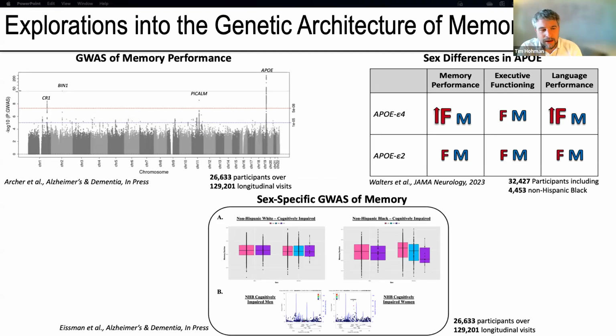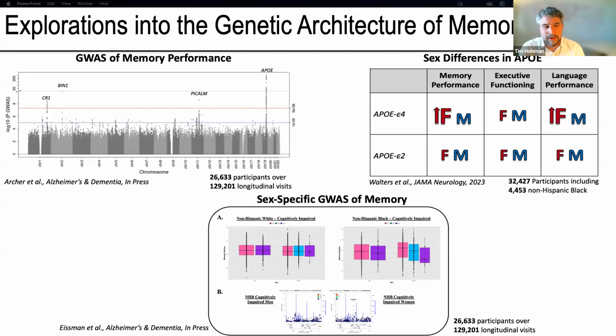And you can see on the top left here, this was led by Derek Archer. We had over 129,000 longitudinal visits in the most recent data set that was uploaded, data from more than 26,000 participants. And it turns out that when you've got disease in your data set, the genetics of memory performance in late life reflects the genetics of Alzheimer's disease, because Alzheimer's disease is such a contributor to longitudinal changes